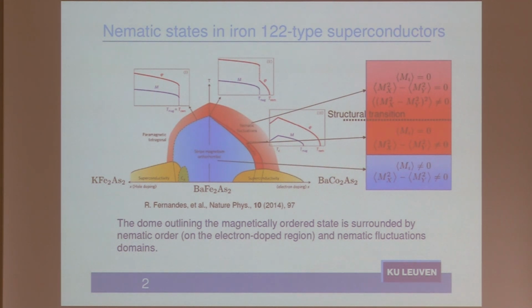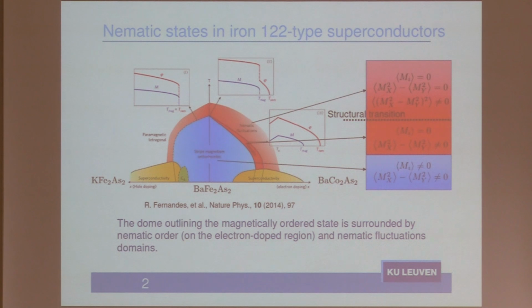What is important is that we know of at least three mechanisms for the nematic state, for tetragonal symmetry breaking. One is the spin-driven Ising nematic state described here. There is also orbital disproportionation, the different populations of the x and y orbitals, and the structural phase transition. In principle, they are all connected. If they are weakly connected, you can separate them experimentally to see what the driving mechanism is.